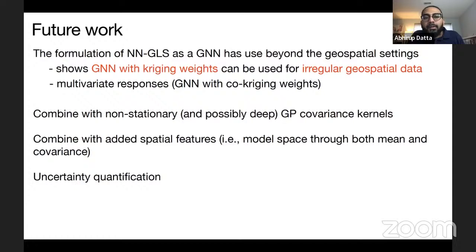And then currently we only used stationary Gaussian processes, but the method in concept works with non-stationary Gaussian processes as well. So if there is a lot of non-stationarity in the data, we can either use a non-stationary covariance, or we can add some basis functions in the covariate set while still modeling the covariance through a Gaussian process. And then the most challenging part is how to do uncertainty quantification of the mean function estimation,